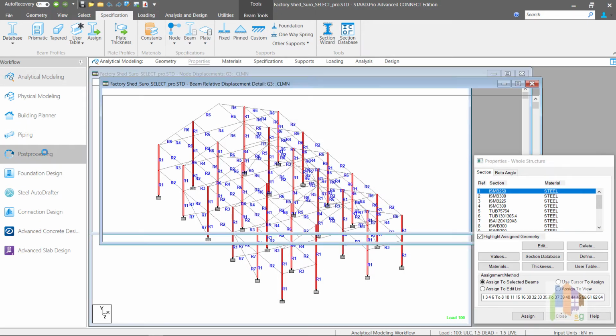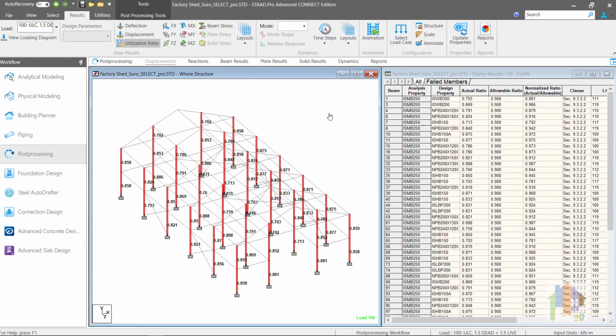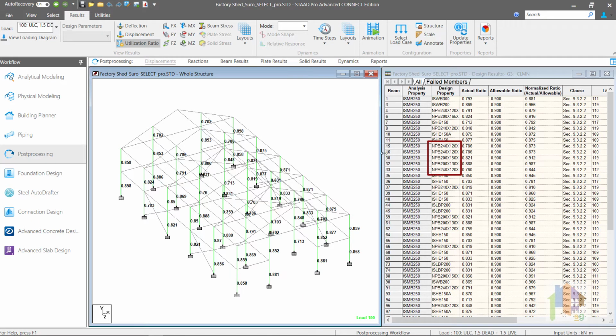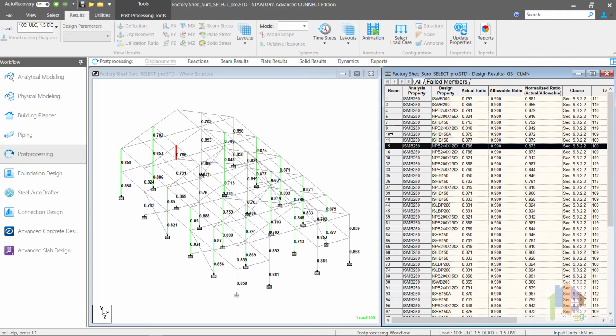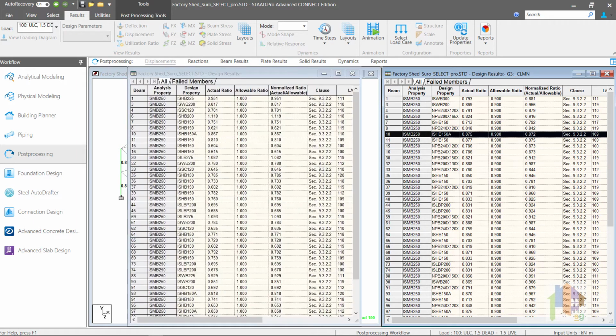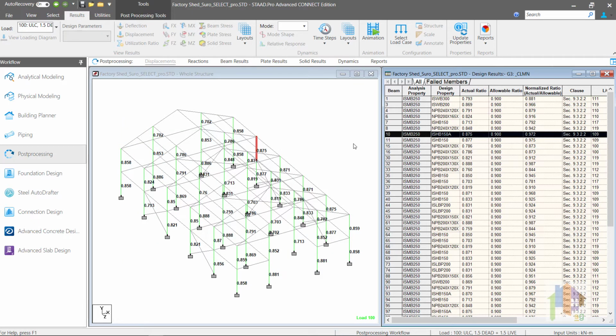the program suggests the most economic section considering the new sections present in the database. See, the optimum section is suggested as NPB section along with ISWB or ISHB section. For the same model with the original database, only ISMB or ISHB sections were recommended as optimum section. But now, your section selection is not limited to a single library, and using this type of custom database file, you can find out the most economic section considering sections